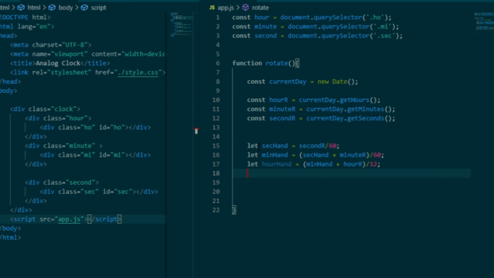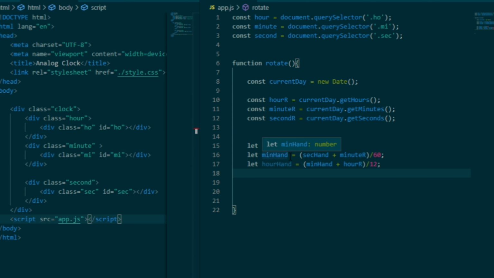you know right why let is used. Let is used to declare variables in the current scope, I mean current block, to be more specific. Okay, so I'll declare sec hand with second whole divided by 60, because 1 minute means 60 seconds, so we are dividing it by 60.